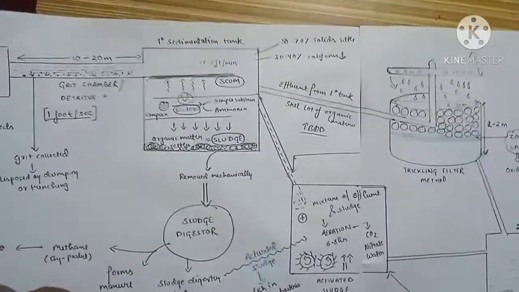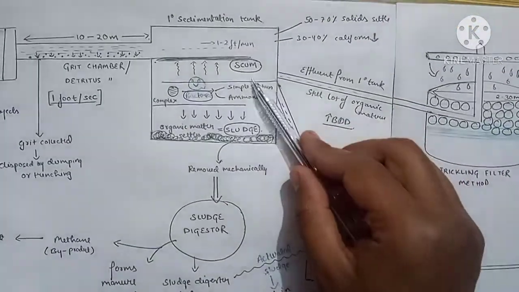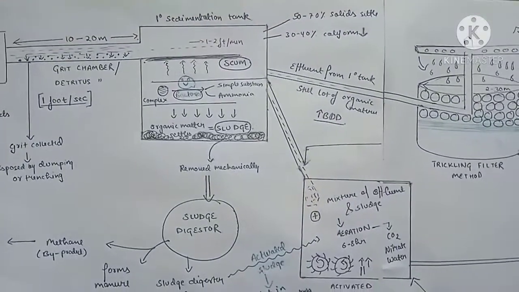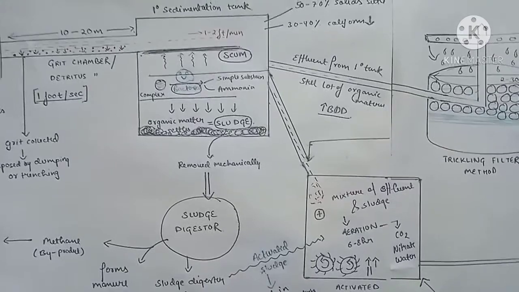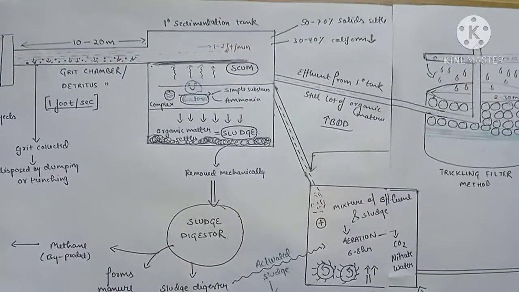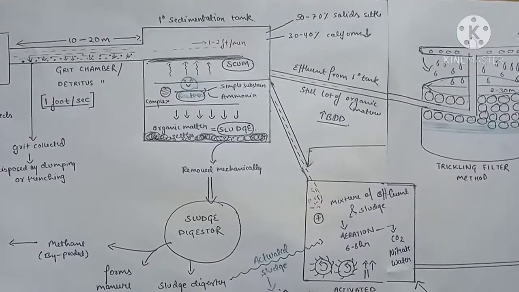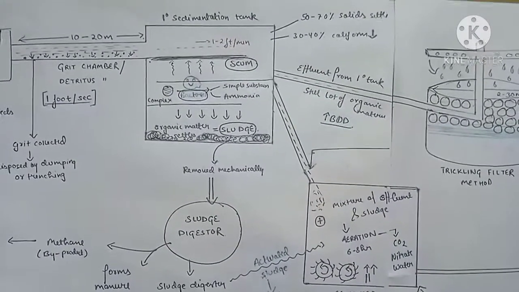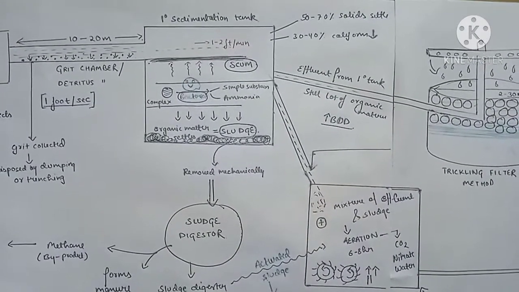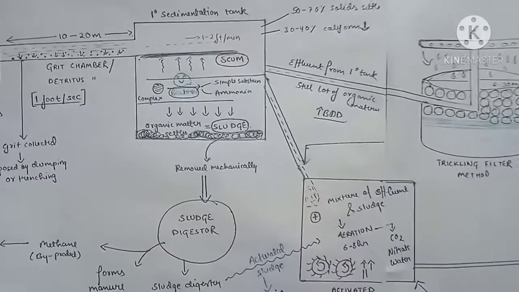But still, this effluent that is formed in the primary sedimentation tank, though we are happy we have got sludge that is useful and everything, is still going to contain a lot of organic matter and bacteria. Most of this effluent is liquid. Now, the solids we have settled down.